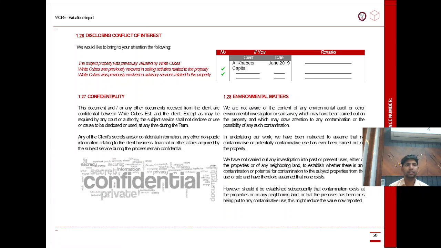Disclosing confidentially the interest, the documents and any other documents received from the client, confidentially between the valuers and the client, except as may be required by any court or authority. The valuer shall not disclose or use, or cause to be disclosed or used, at any time during the term